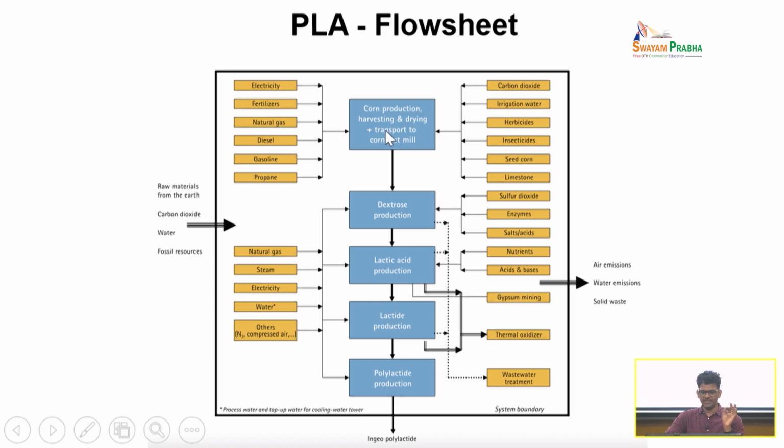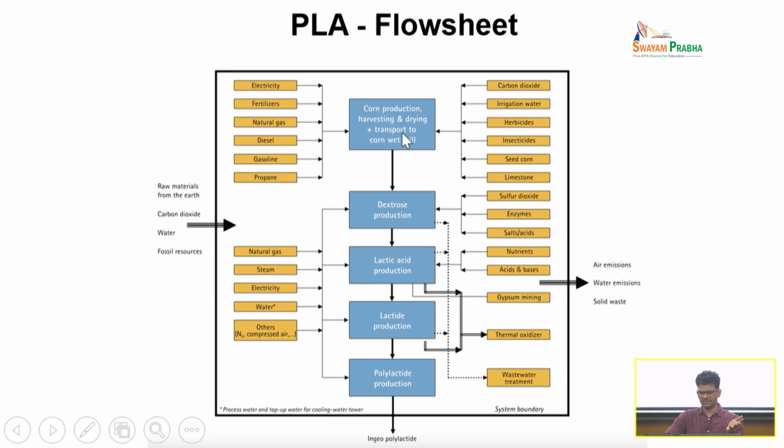So if you consider the first process, corn manufacturing, it is an agricultural process. Just like how we grow rice and sugar cane, corn can also be produced. What do you need for that? You need electricity, fertilizer, natural gas, diesel, gasoline, propane, all that related to